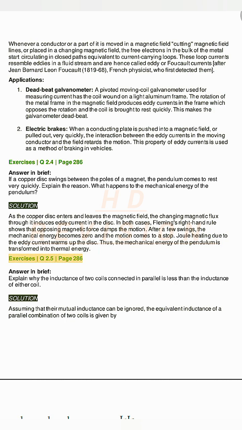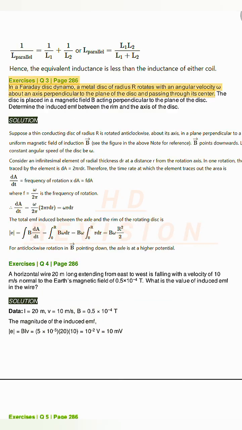Exercises Q2.5, page 286. Answer in brief. Explain why the inductance of two coils connected in parallel is less than the inductance of either coil. Solution. Assuming that their mutual inductance can be ignored, the equivalent inductance of a parallel combination of two coils is given by